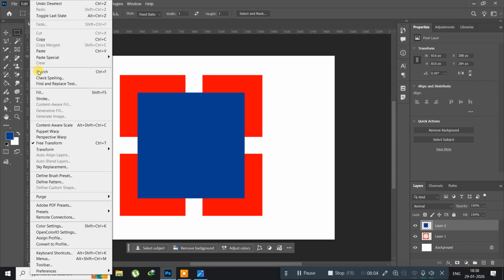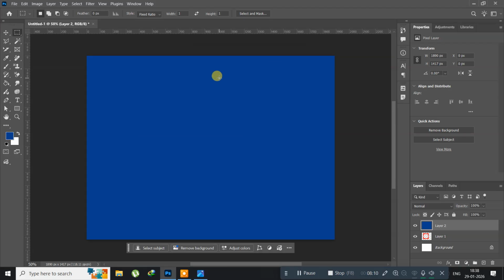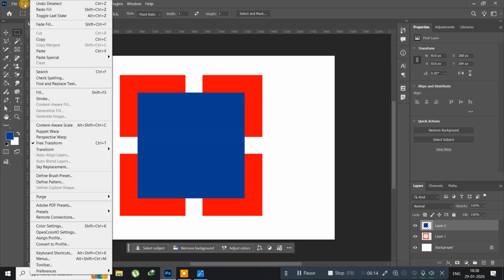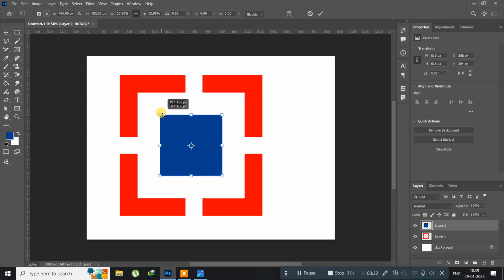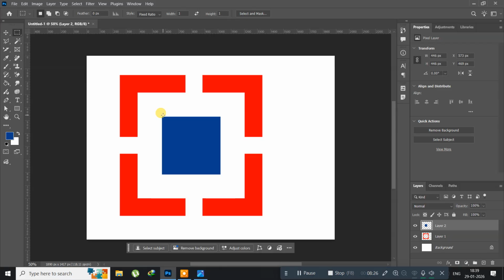Edit menu, fill foreground color. Okay, sorry, just select Edit, Free Transform, hold alt key, just enter, press enter key. So this is the creating of HDFC